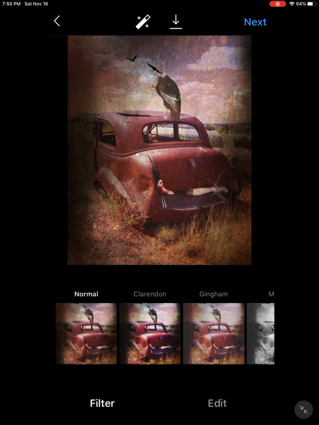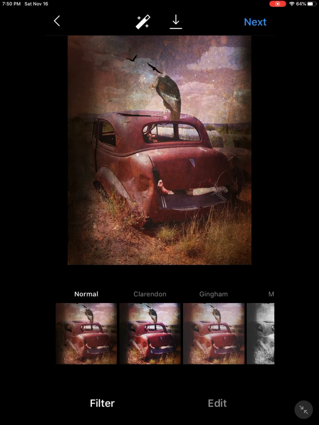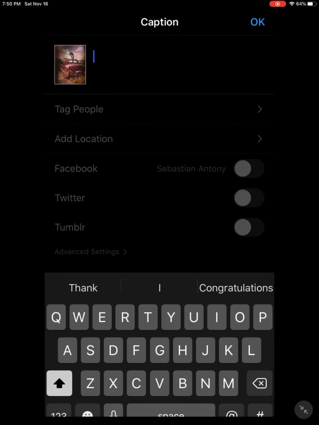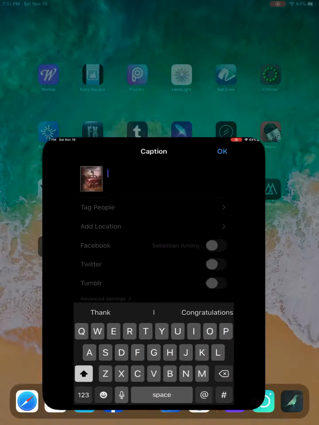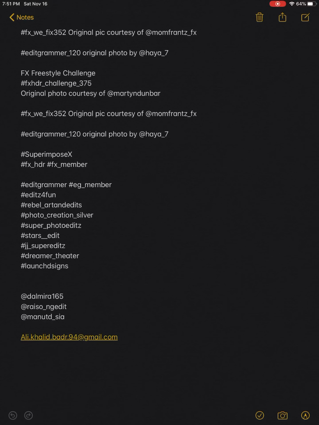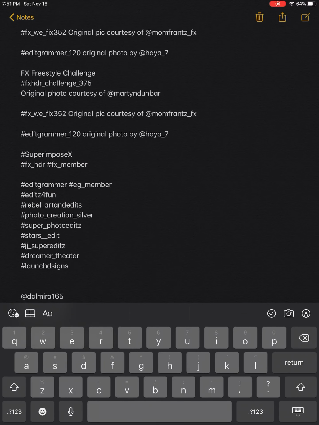You can apply an Instagram filter also. I don't usually do that. And then you click on next and you write a caption. Usually what you do here is you put the hashtag of the particular contest you have in mind. So in my case, what I do is I have notes like that. So I will highlight my notes here and maybe take some hashtags from here and click on